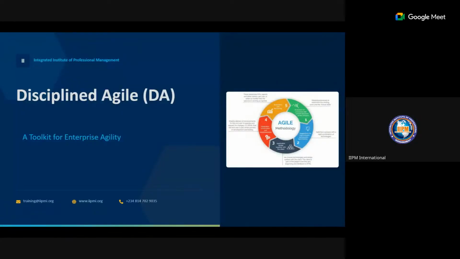Everything about Agile is discipline. Anyone that cannot keep to discipline won't be able to fully maximize the opportunities and benefits of Agile.